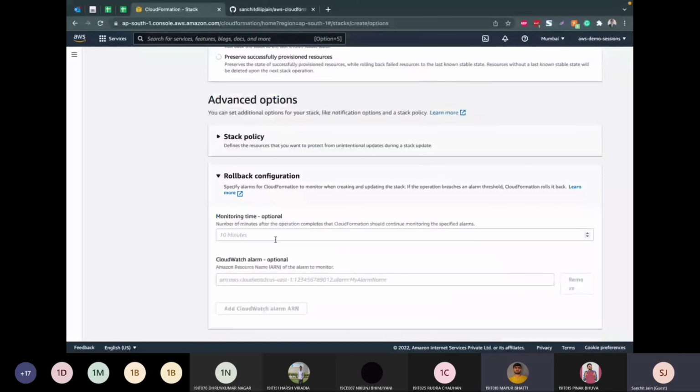One of the important things of CloudFormation is it's a very simple service, right? So if it fails, it will destroy or delete every resource which got successfully done. And if it is successfully deployed, then it will deploy all the services. So what I mean by that is,